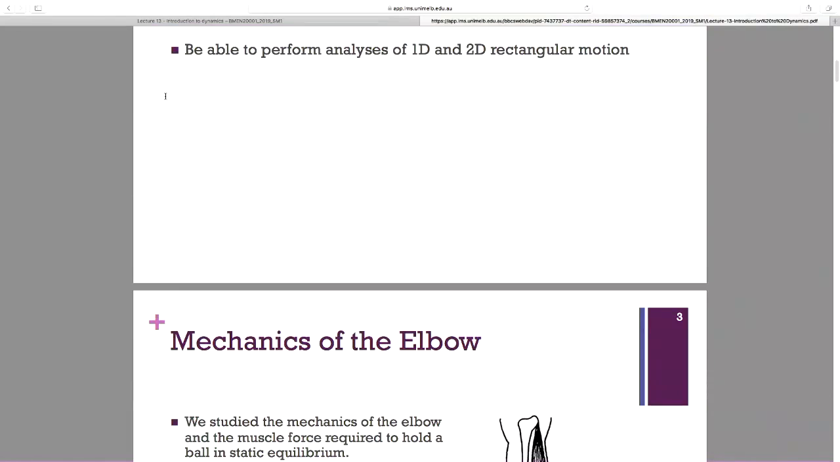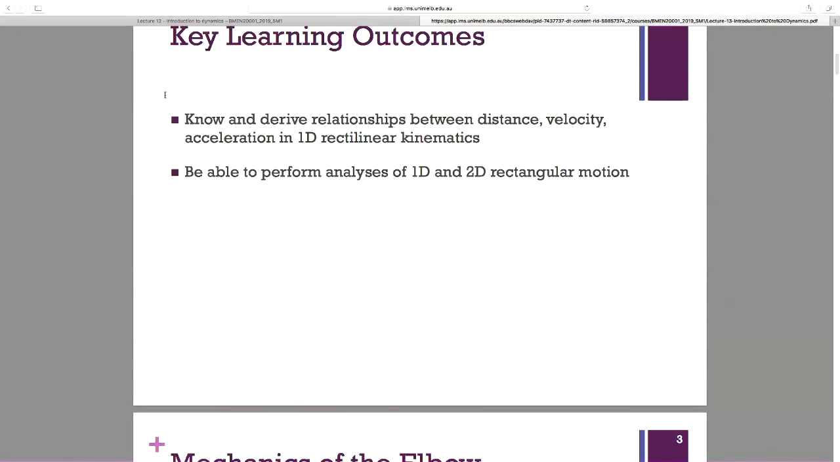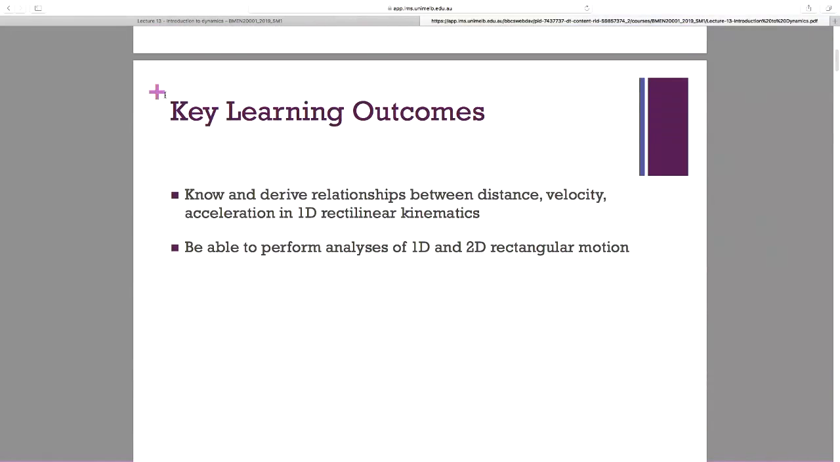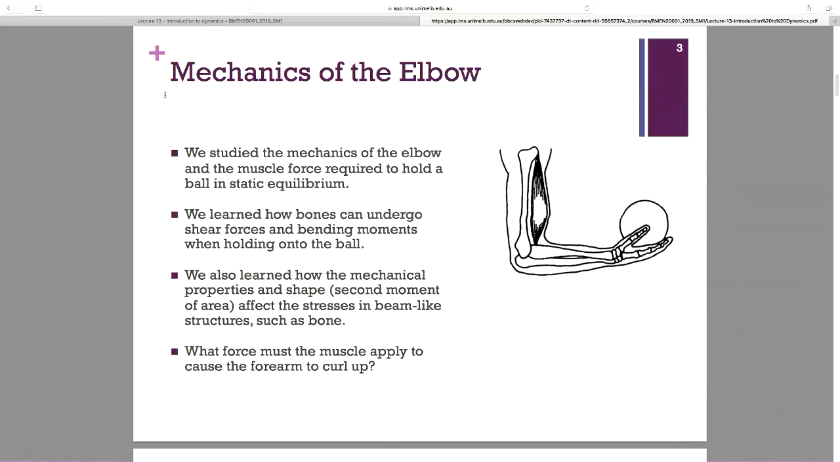So I'll go straight to, well, this slide here basically says what are the key learning outcomes. All I'm going to go through is talk about relationships between velocity, displacement, and acceleration. That's really what this lecture is about. And what do we mean by dynamics? Well, in all of the